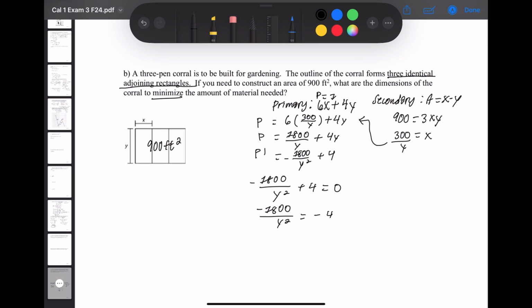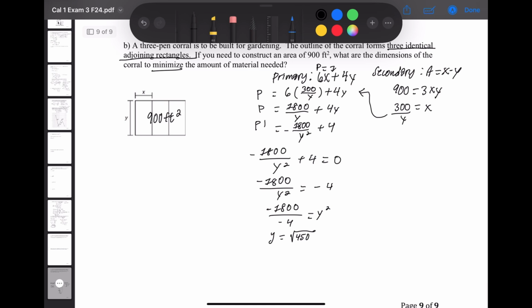Let me not confuse myself. So 450. So then now, if we plug in this y into our x,